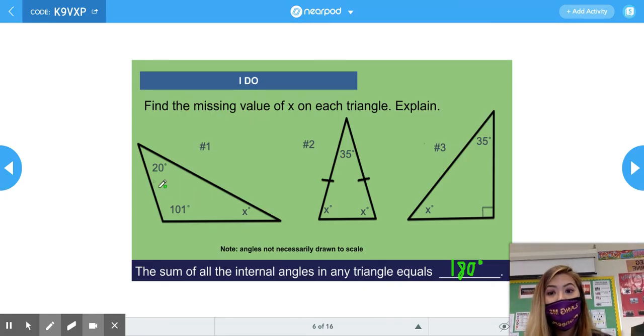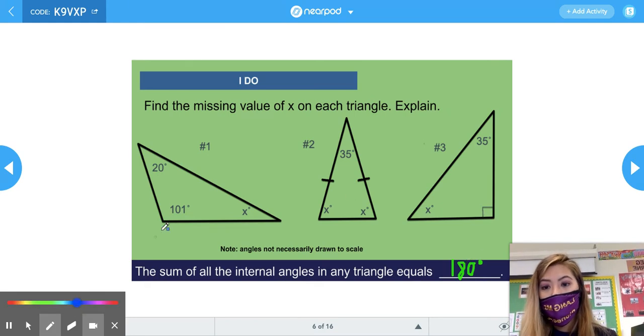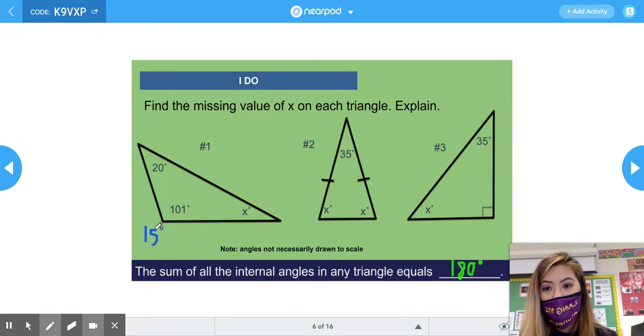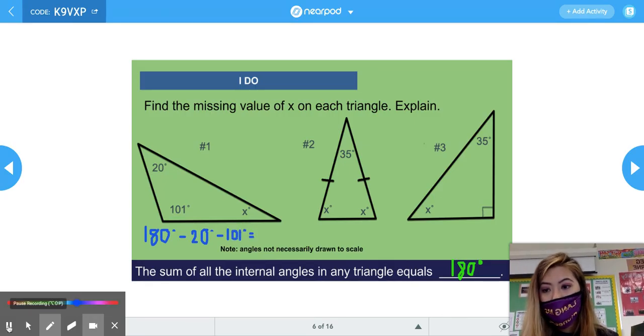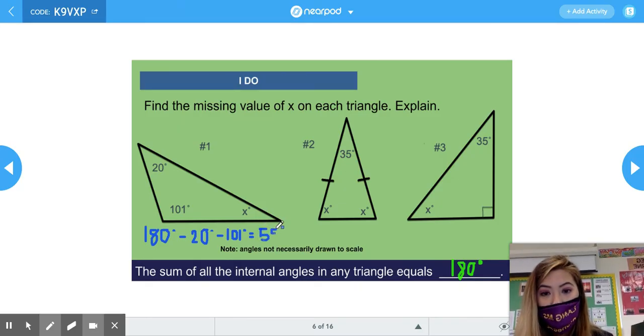And so if we know that and we're given 2 angle measurements, what we have to do is subtract these angle measurements from 180 degrees. So we basically have 180 minus 20 minus 101 is equal to x. And when we subtract, we get 59 degrees. So our answer to our first problem is